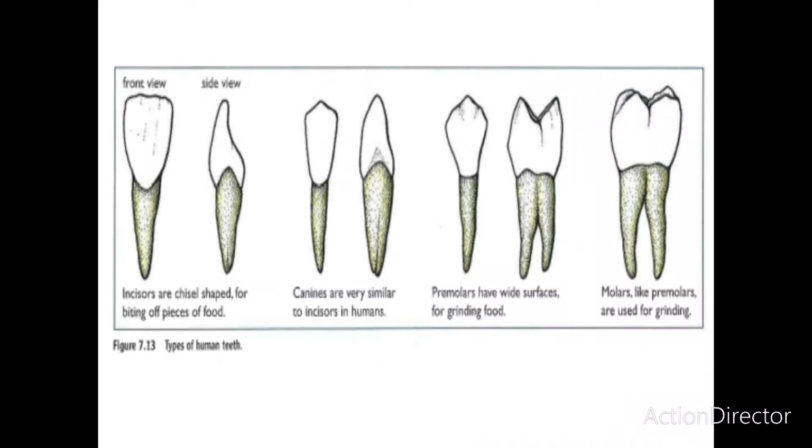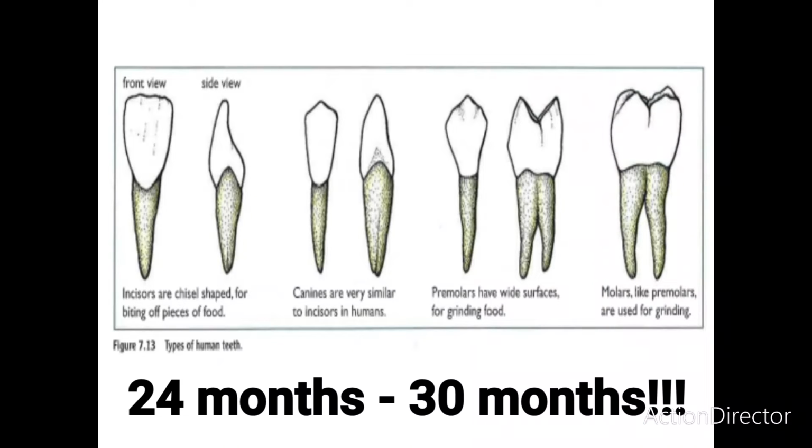They are called wisdom teeth because they do not grow until a person is much older. So right after birth, a person does not have any teeth in their mouth. But by the age of 24 to 30 weeks,